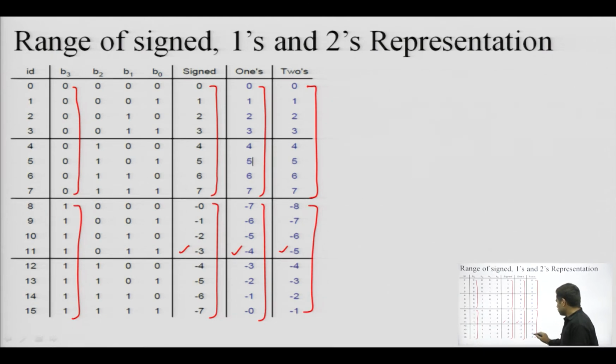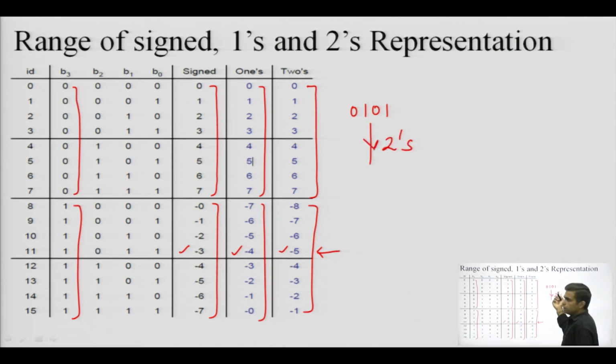If you want to check this one, which we have already selected, minus 5, how this minus 5 is represented, 1 0 1 1 is the 2's representation of minus 5. So, 5 is 0 1 0 1. Okay. So, the 2's complement